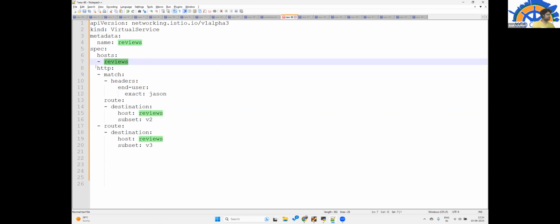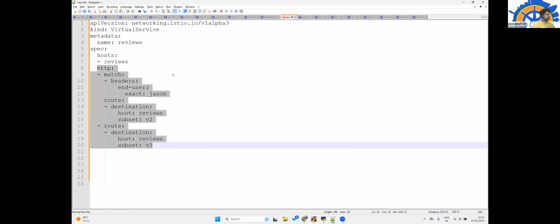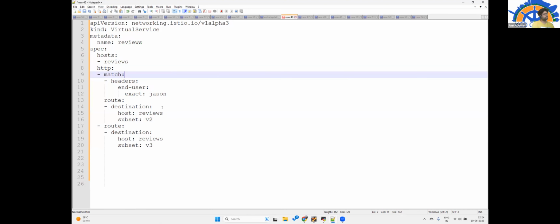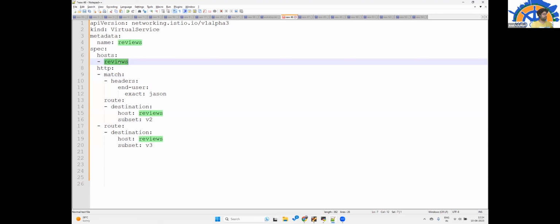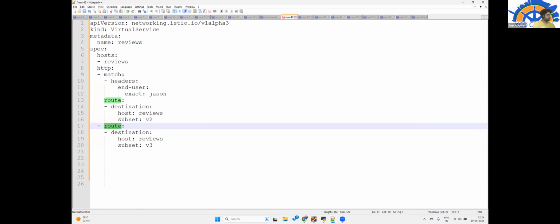These two things are the information which helps to direct the traffic with this placeholder name. Let's say if a client uses reviews, then to which services can this reviews placeholder name be used to direct? So what we have is one route, with a host. Now this host in the destination would be the actual service name.